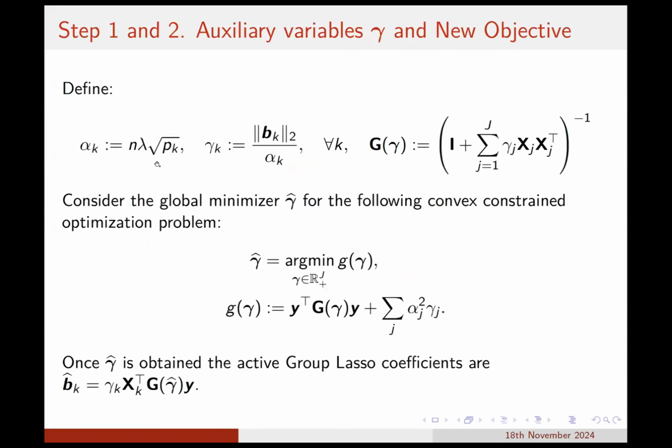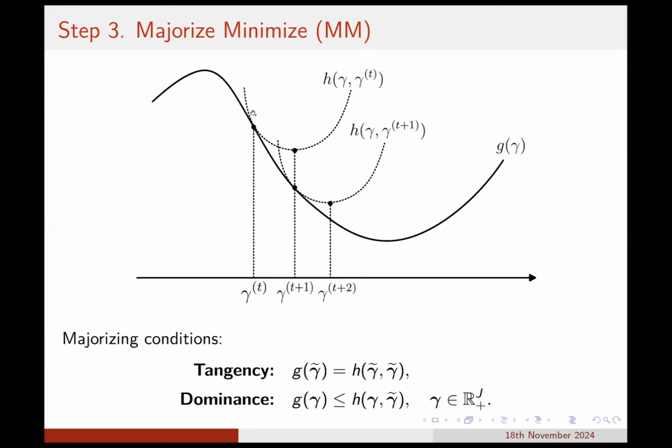So just a quick bit of maths here. We can define these variables in terms of gammas, and this relates the gammas to our predictors and our coefficients. And then instead of solving the group Lasso objective, we go about solving this new objective, which is just in terms of the gammas. And once we solve this in terms of the gammas, we can recollect our coefficients in terms of B, so our original group Lasso coefficients. And the nice thing about this is it's conducive to an MM algorithm,